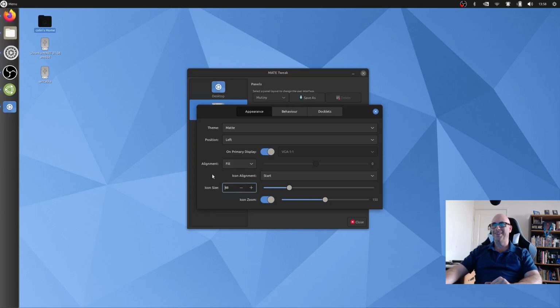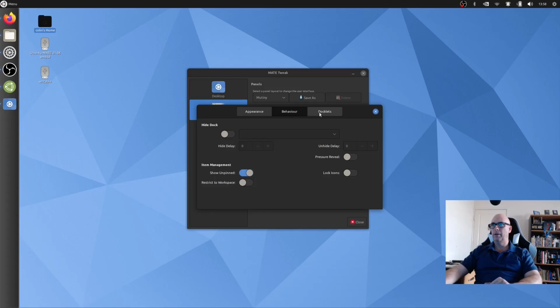Icon zoom. We can go a little bit more on the zoom if we want. Wowee, look at that. Very nice. What was the default? I don't know. That looks good enough. Very nice indeed. You choose behavior, docklets,